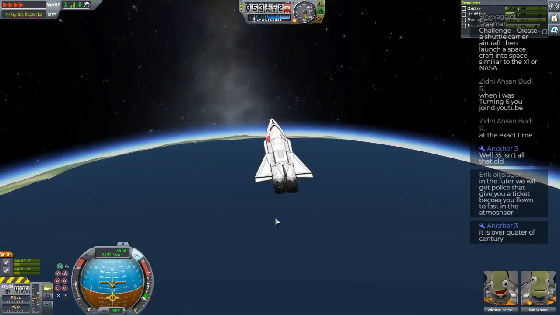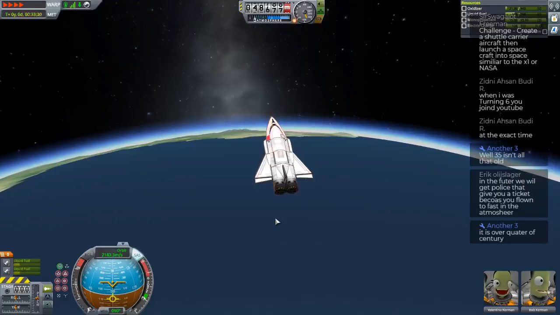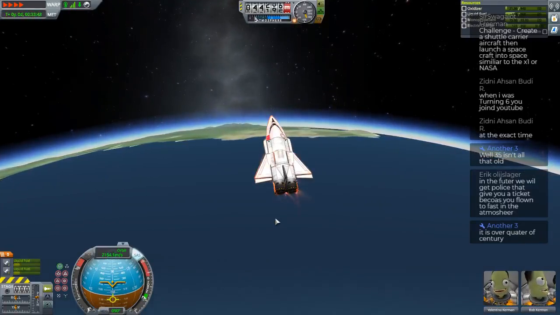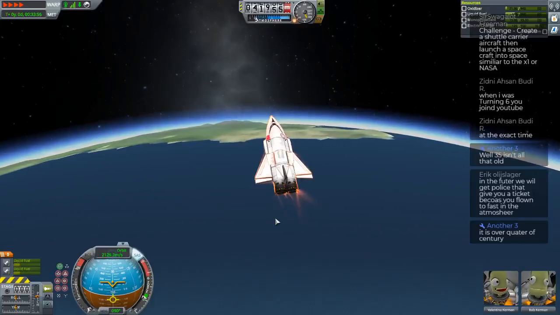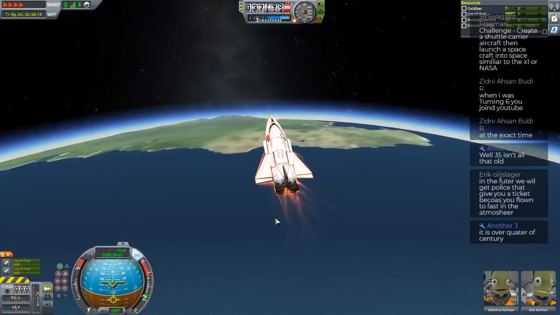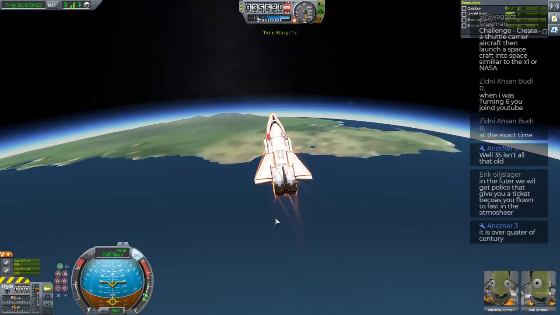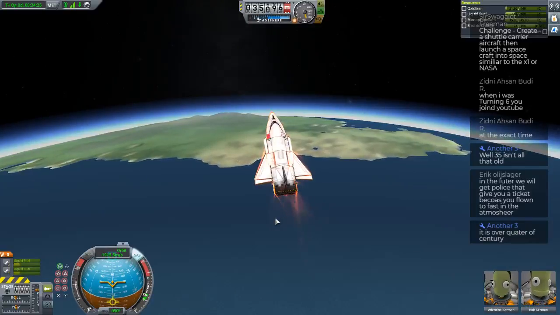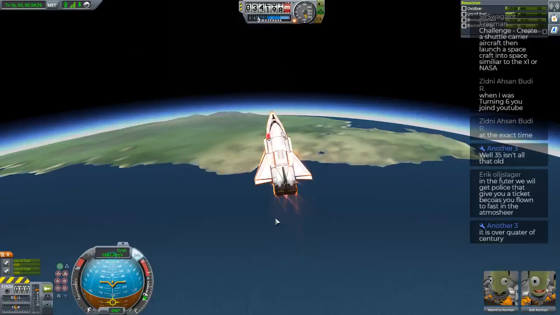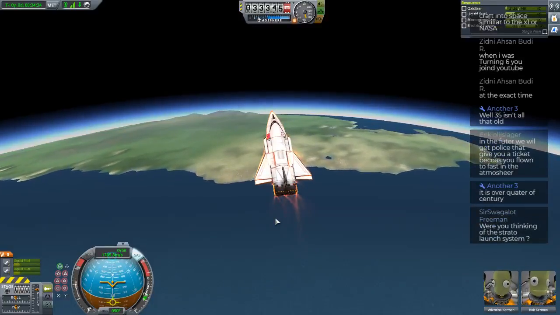Let's keep this burning down. In the future, we will get police to give you a ticket because you've flown too fast in the atmosphere. That will probably actually be a thing, like coming down too steep and burning off all that energy too fast. That will create fireballs and problems. A lot of traffic laws out there are not to protect the driver, but to protect people around. So if you come into the atmosphere too hard and can't pull out, and you burn up and die and blow up a town that was underneath you, yeah...